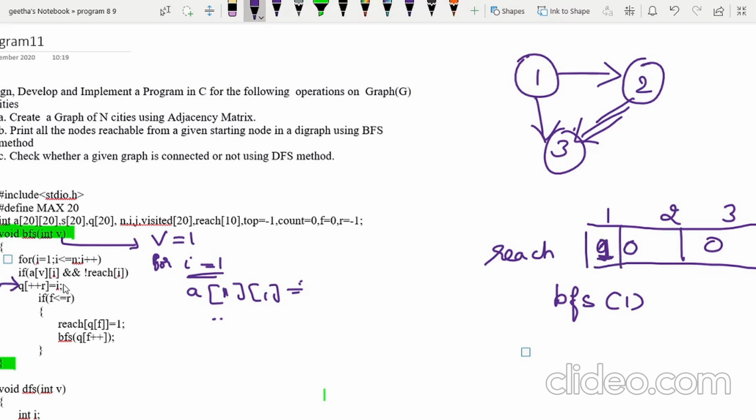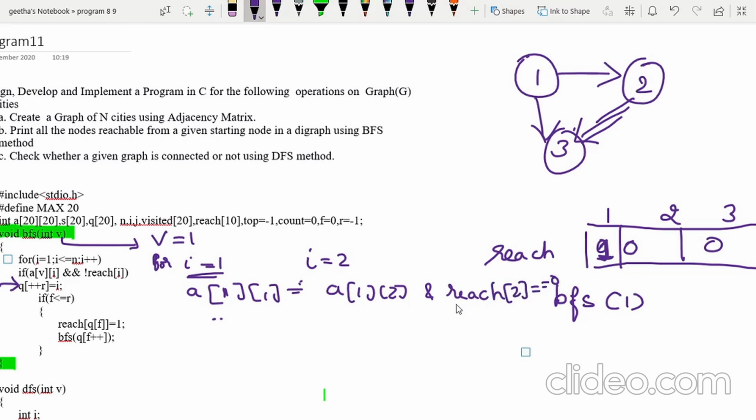Then what are you supposed to do? Again, take I as 2. In that case, check A of 1 2 and reach of 2, whether it is equal to 0. Is there any edge between 1 and 2?